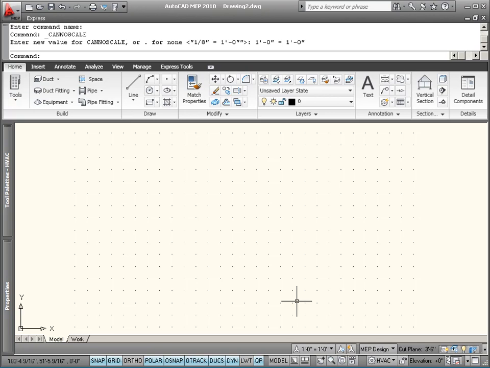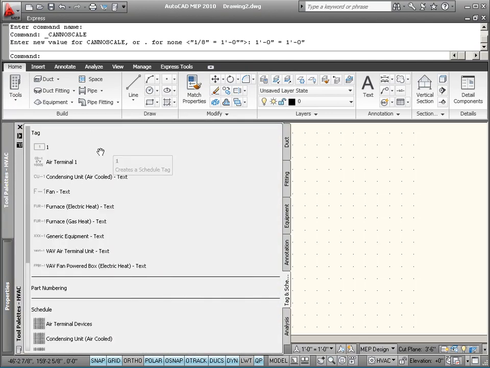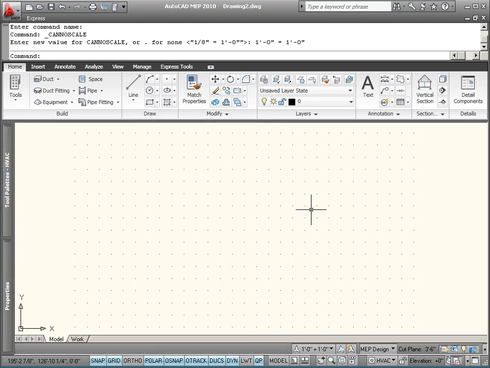What happens is we're going to define our tag in here, and then we're going to save this file, and that file is going to be empty of everything except for our tag. It's our content drawing. You may want to save it with all the style drawings. But this content drawing is always going to be at a 1-to-1 scale, and when our tool palette, after we've created our tool, pulls this tag created at a 1-to-1 scale into whatever current project you're working on, it looks at the annotative scale,